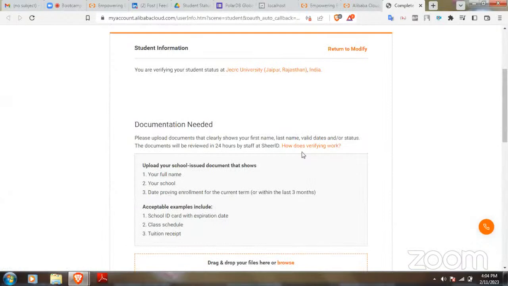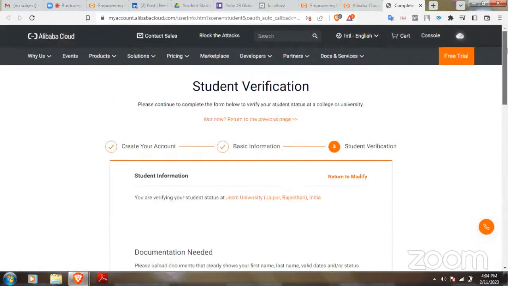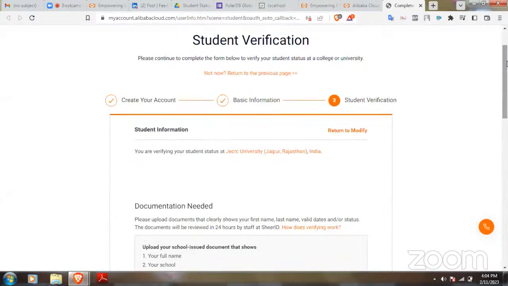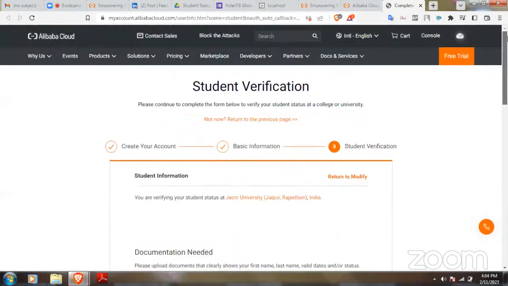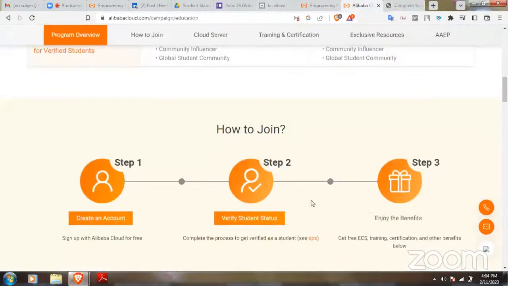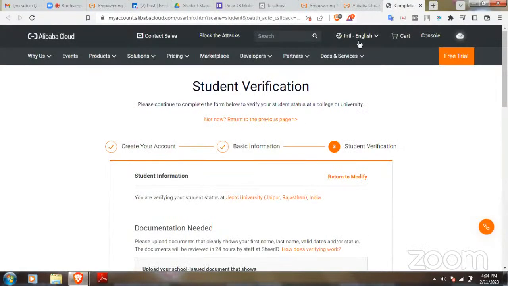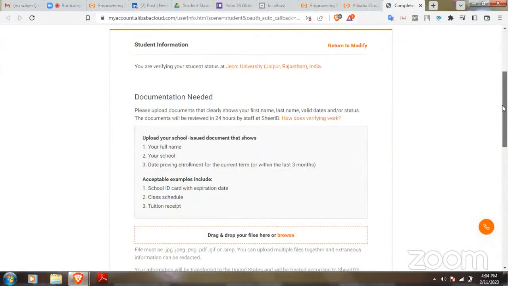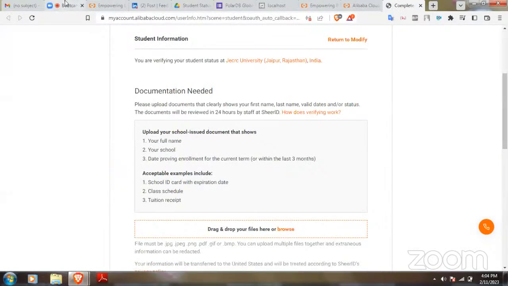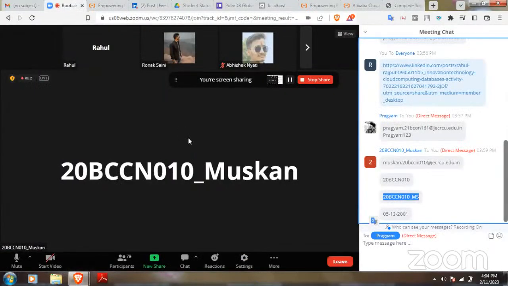Again, I don't know, we have to check it from the backend, right? Because it's not asking for your email ID. I got this email to please confirm your eligibility for Alibaba Cloud for students, so I have to upload some documents over here.